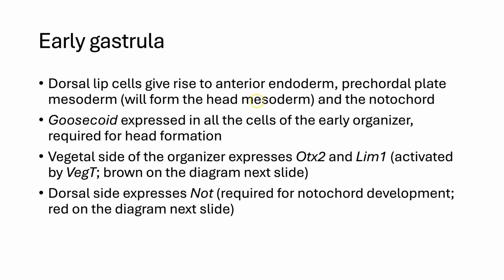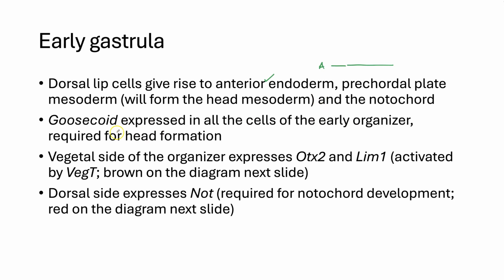We'll do green, which is going to form the anterior end of the gut. Precordial plate mesoderm, which is the name of what's going to form the head. Precordial means it's before the notochord. So you've got the notochord, and then there's some mesoderm here that's ahead of it on the anterior side that's going to participate in the formation of the head, the mesodermal parts, the muscles and so on,